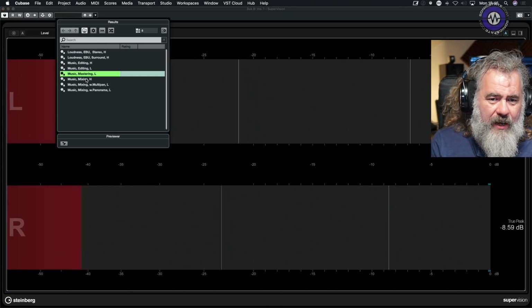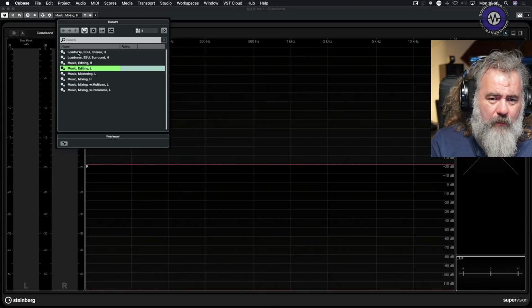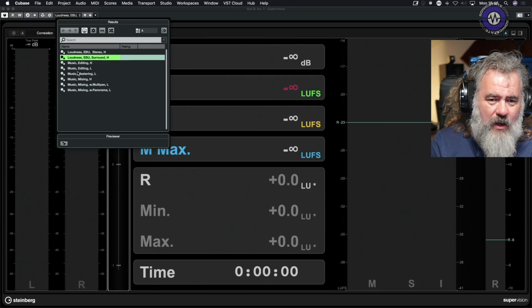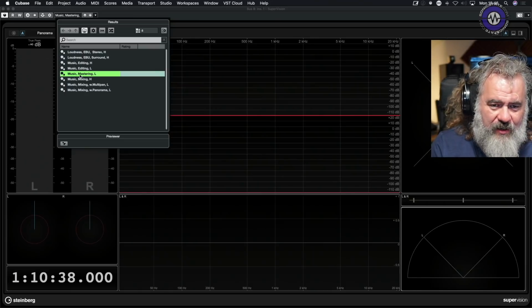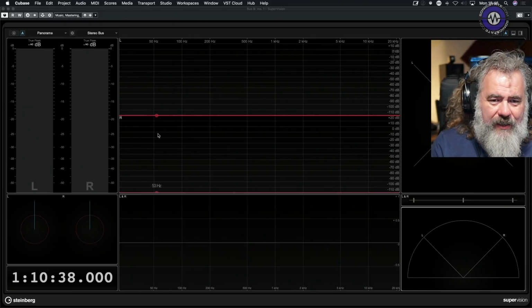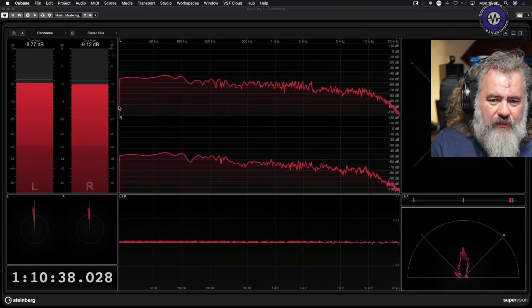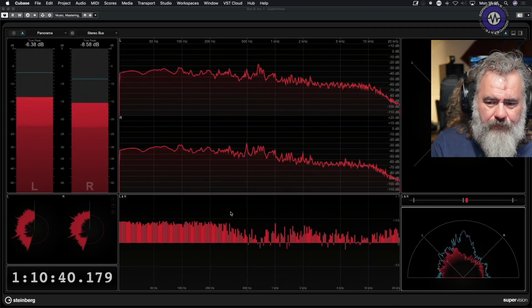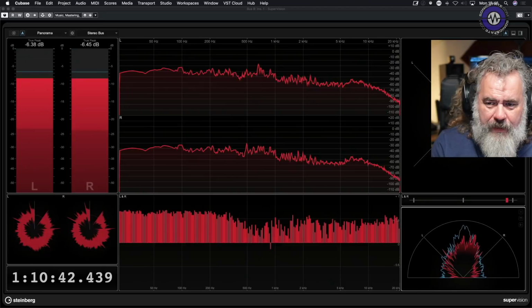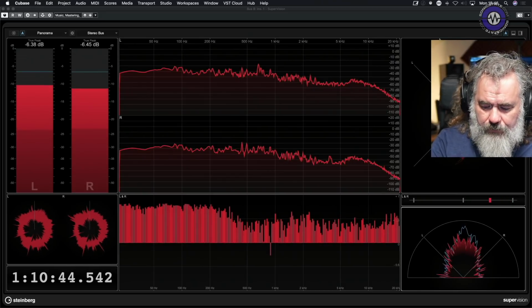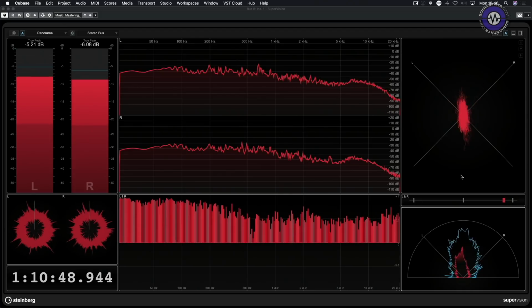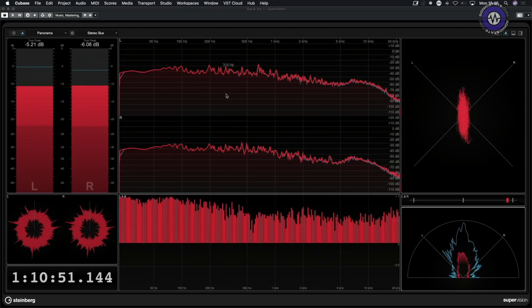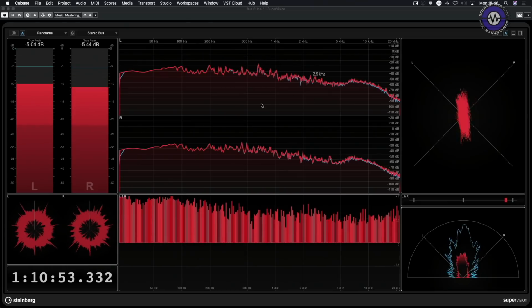But if we look in our presets here, we've got all sorts of different ones. So music editing, and then music mastering. Now let's try the music mastering, because that's what we're doing in this particular case. And now we've got pleasant voices, stereo information, phase, spectrograph,